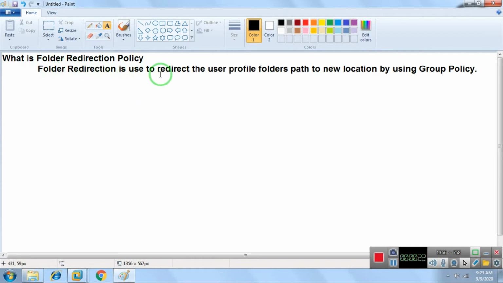Folder redirection is used to redirect the user profile folder paths to a new location by using group policy. Now what is the meaning of this? Folder redirection is used to redirect the user profile path. Now what are the user profile paths? When we create users in our AD environment or in our domain,